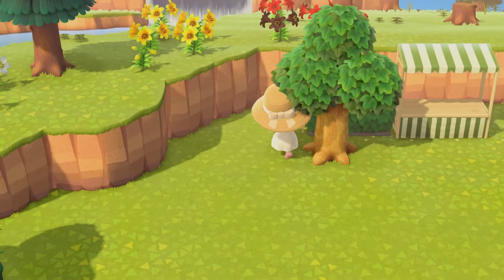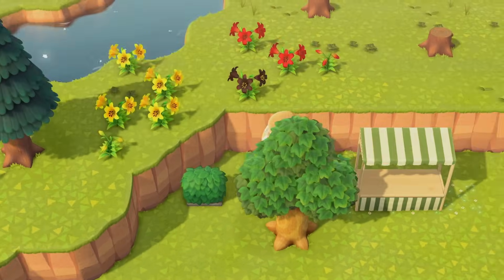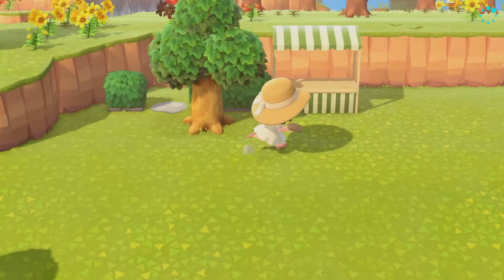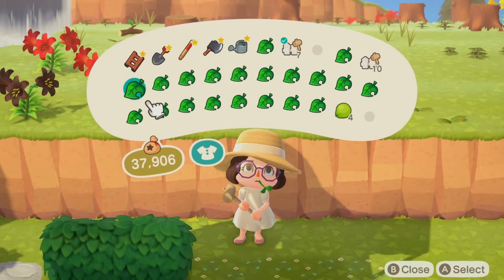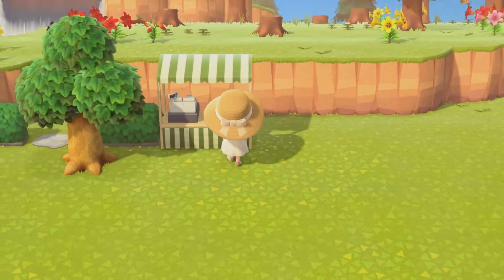So this one's definitely a step up from the spa. I think the spa has been my least favorite so far. That one is definitely just a filler, just to check off the box, but this one came out really cute. So while you watch me speed around and fill in this tea shop, coffee shop,